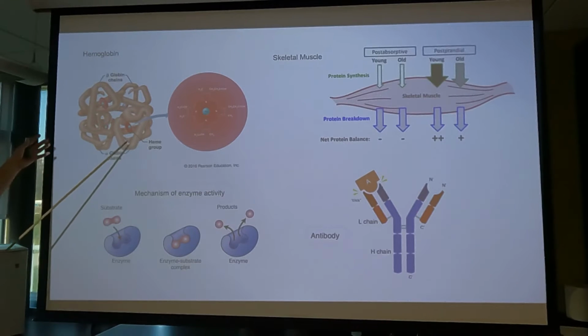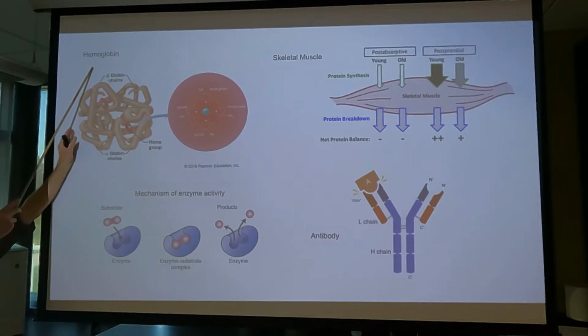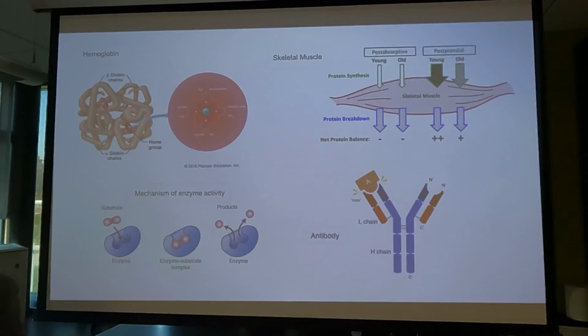And this molecule here, we have ourselves a hemoglobin molecule. And we should just get familiar with hemoglobin because I'm going to come back to this throughout the quarter. But this is a hemoglobin molecule, and it's made up of what are called globin chains. There's 2 beta globin chains, and there's 2 alpha globin chains. And all of those globin chains are proteins.